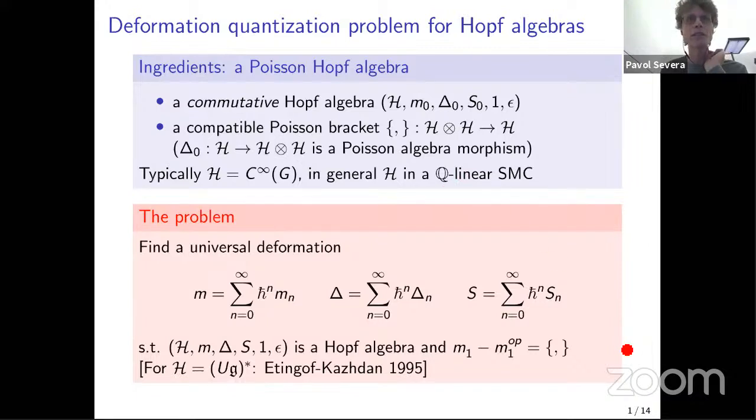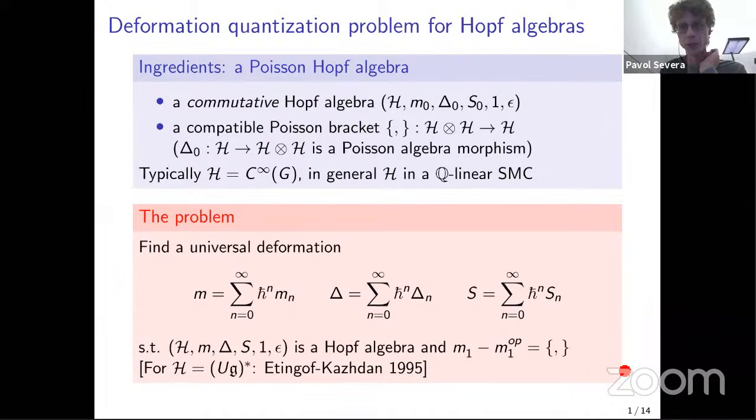Now, to what extent is this a solved problem? So there is a famous thing done by Etingof and Kazhdan long ago when they quantized Lie bialgebras, which doesn't quite solve this problem. It somehow solves it for functions on a formal group. But in the end, one can say that our solution should be judged to be interesting or not based on the method. So let me tell you how we did it.